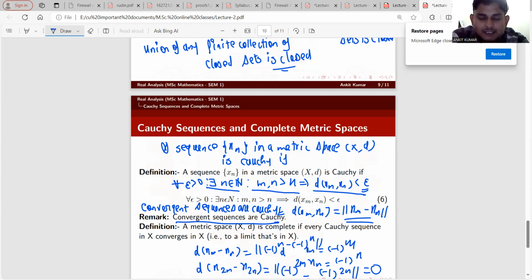अब कन्वर्जन का क्या मतलब हुआ, कन्वर्ज कैसे करेंगे? टेक्नोलॉजीज को अगर अच्छे से समझेंगे तभी आपको इसका कॉन्सेप्ट क्लियरली समझ में आएगा कि एक्चुअली क्यों होता है, और कन्वर्जेंस का असली मीनिंग क्या होता है। कन्वर्जेंट का बेसिकली मीनिंग यही है कि सीक्वेंस अगर आपको दी है तो वो जिस लिमिट पे कन्वर्ज करे, वो लिमिट उसी स्पेस में लाई करनी चाहिए। तभी वो कन्वर्जेंट सीक्वेंस बनेगी, अदरवाइज वो कन्वर्जेंट सीक्वेंस नहीं बनेगी। ठीक है।